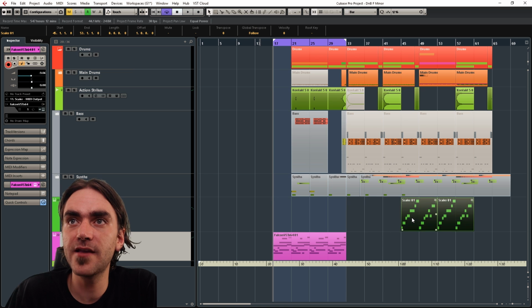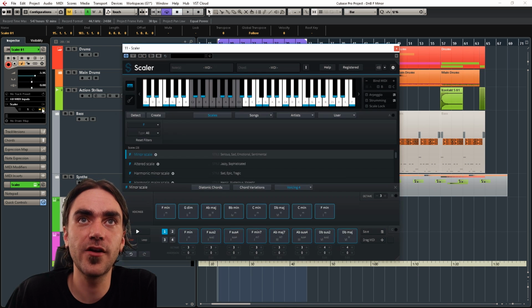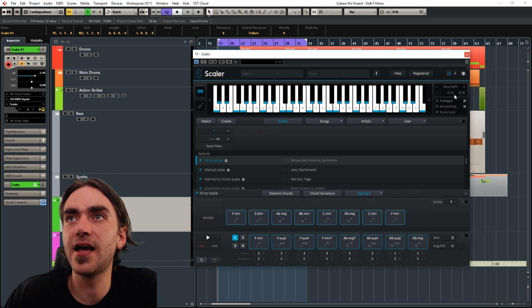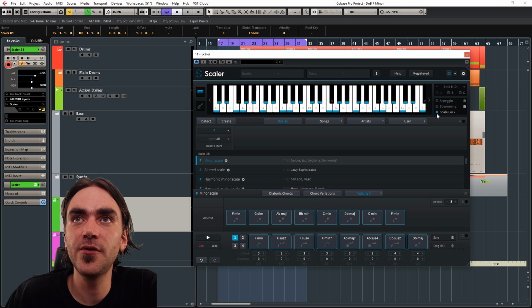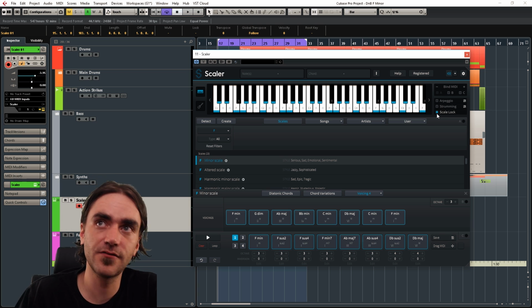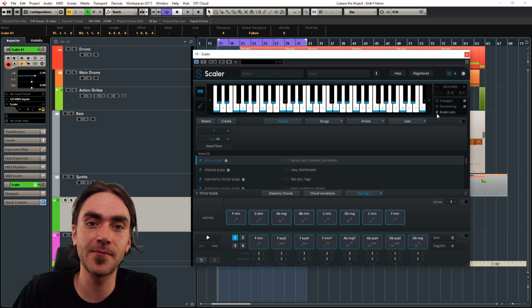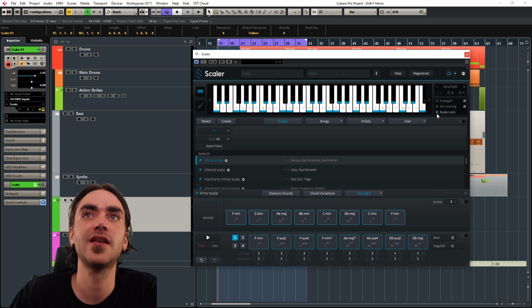So let's see if we can make some cool melodies to go alongside that. What we can do is open Scalar again and re-enable the sound. We just want to unbind the MIDI. And then if you click scale lock over here, it's not going to allow you to play any MIDI keys that aren't within the scale. So you can play around and find some notes that are in the scale and record those in the MIDI,